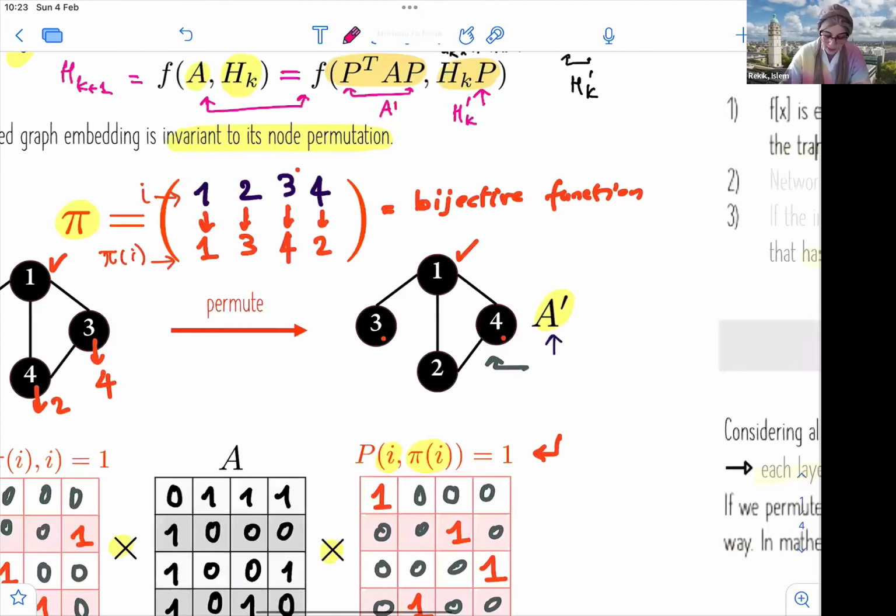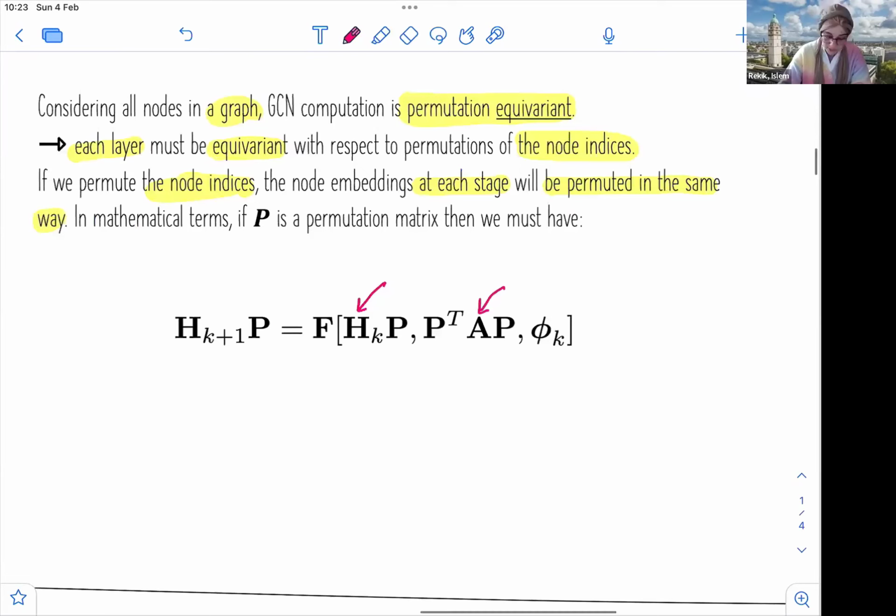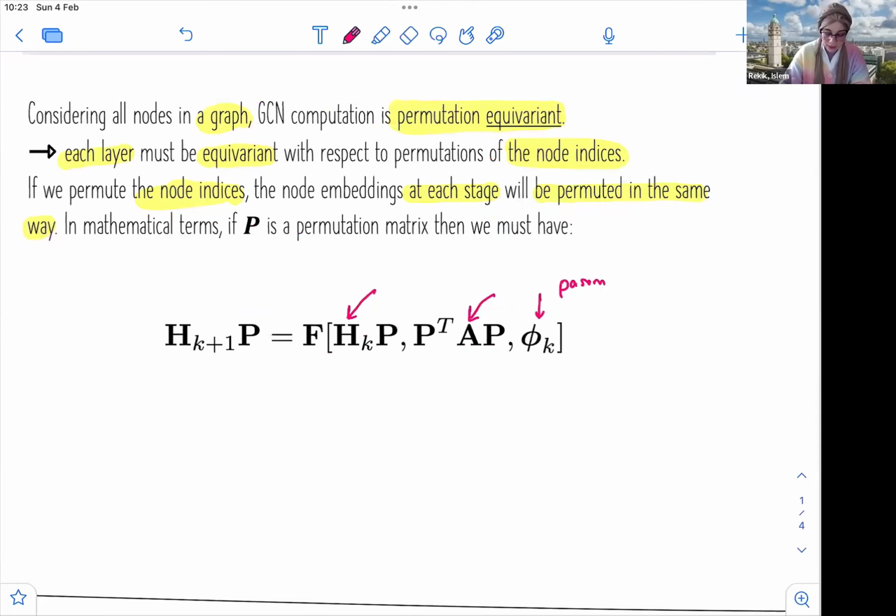And here we have our adjacency matrix, and these are the parameters of the transformations that we have. For example, the linear transformation that we're learning, the parameters of our network, phi k. So if we transform the input, we should also have a transformation or permutation of the outputted embedding, which is the output of this function or this particular layer. Okay, so the output of the layer here